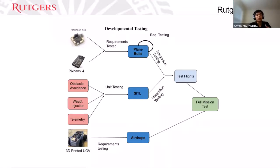And after they were placed in a fully built aircraft, we did manual testing, like manual flights, to determine that the aircraft was functioning properly. In parallel with this, there was unit testing for obstacle avoidance, waypoint injection, and telemetry separately. And after unit testing revealed that these algorithms and programs could handle the edge cases present during the competition,